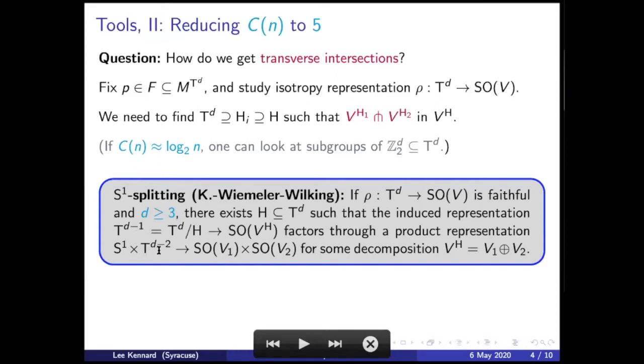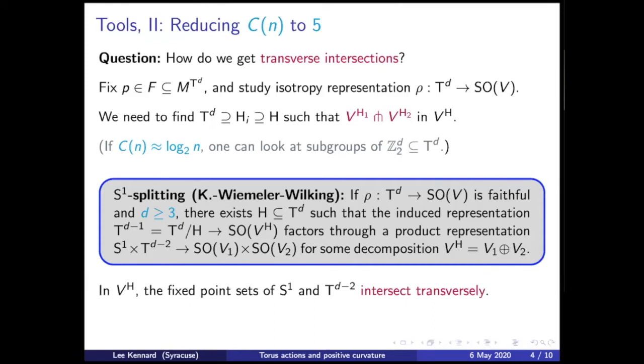Of course, that's true abstractly. The vector space splits as a sum. But moreover, you can do this in such a way that the circle only acts on V1 and the leftover torus only acts on V2. So in the matrix representation, the whole thing is a block diagonal representation where the circle only acts here and the rest of the torus only acts here. So in particular, if you look at the fixed point set of the circle, since it only acts on V1, it fixes all of V2. And similarly, this fixed point set fixes all of V1.